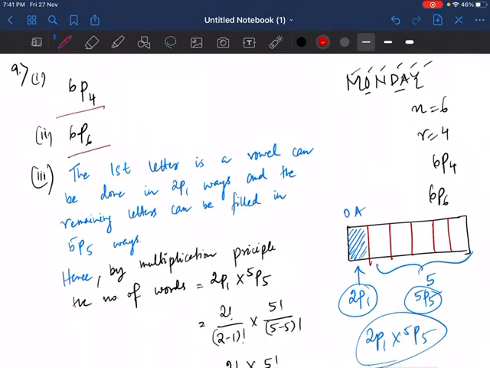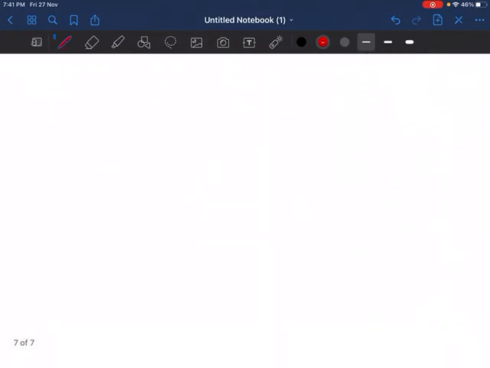Please do it just like we have done in question number 8. You have to do it. Now let's do question number 10. So question number 10 says